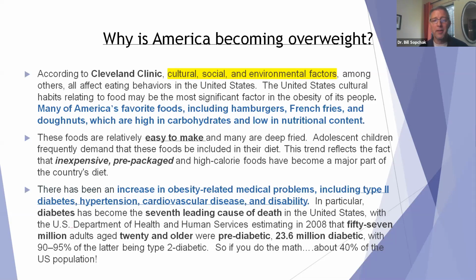Anyways, there's been an increase in obesity-related medical problems, including type 2 diabetes, high blood pressure, cardiovascular disease, and disability, okay? When we talk about these kinds of things, diabetes is the 7th leading cause of death in the United States. And there's some crazy numbers here. 57 million adults, age 20 and older, are pre-diabetic. 23.6 million are diabetic, with 95% of the latter being type 2,